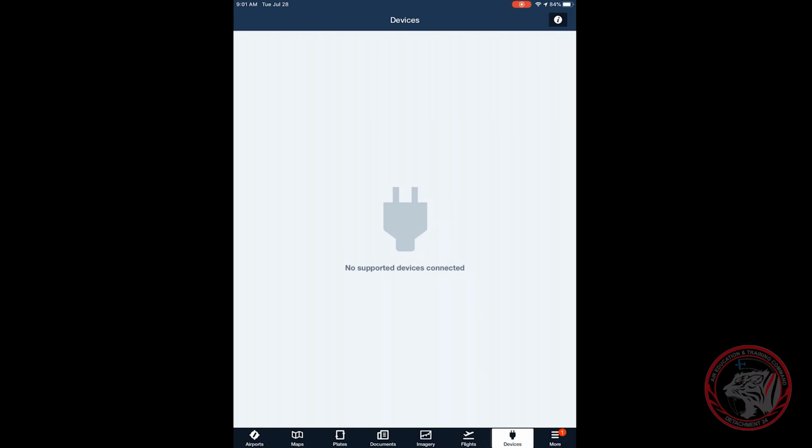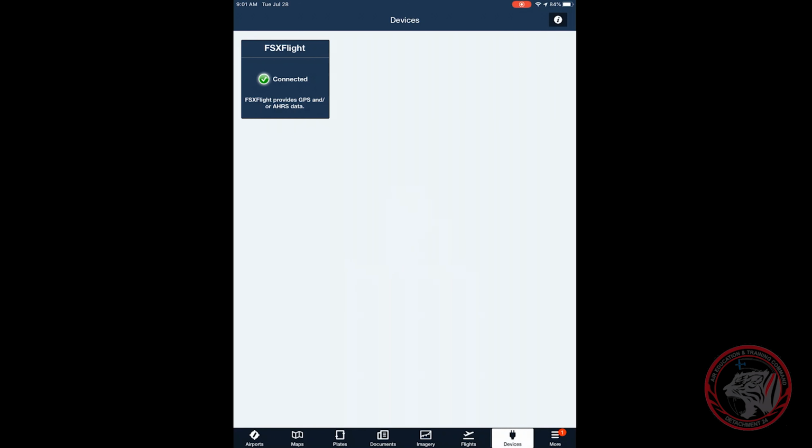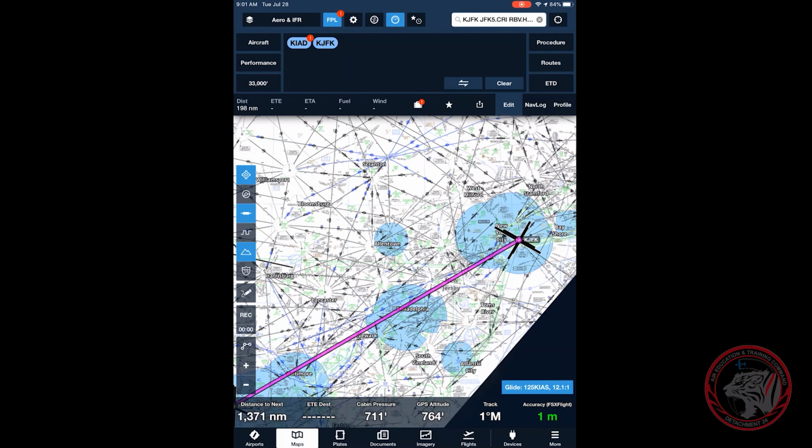Wait for it to load. If it shows up but says not connected, you just click into the app and make sure that it's enabled. I've already enabled it. You can go to devices. Now it says connected. You can go to maps, center yourself,